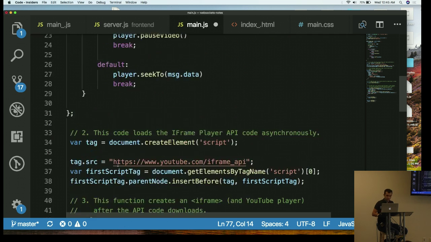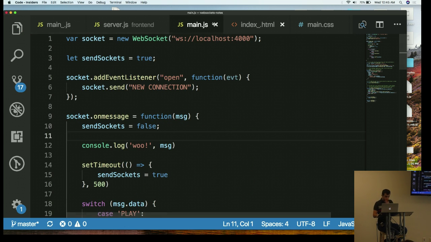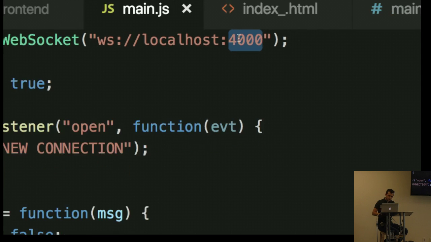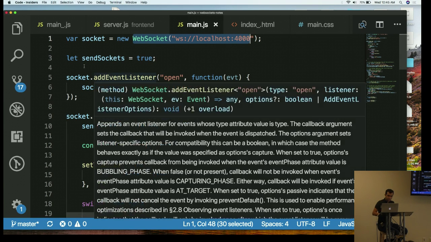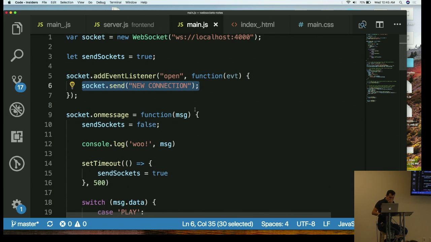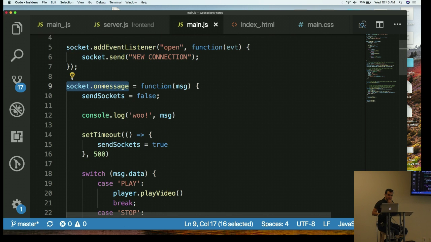Okay, so what I have is I'm making a WebSocket connection to the port 4000. So I need a server to handle this eventually. Let's ignore send sockets real quick. I'm adding an event listener to that socket that says, hey, when you open up, just send the server the message new connection. And now I'm also adding to socket, whenever there's a message on socket, we did this